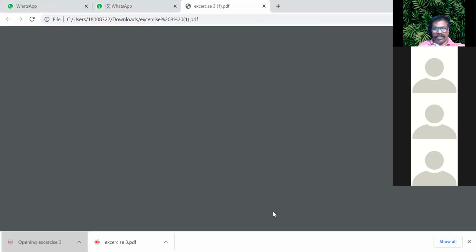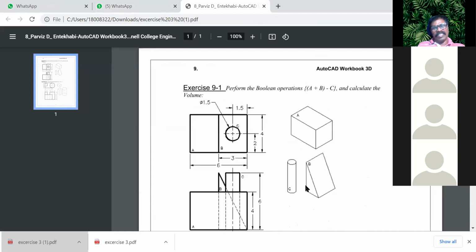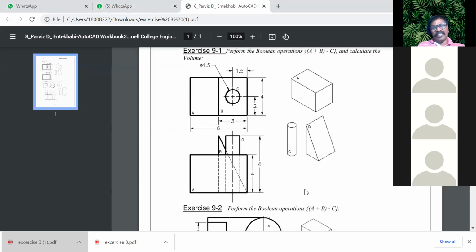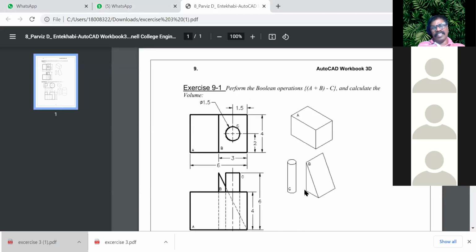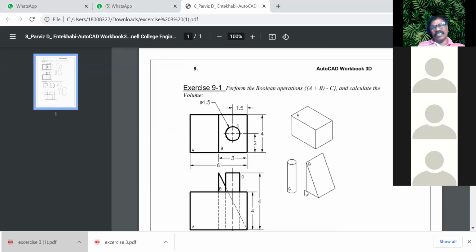Now, what are you seeing? Are you seeing the picture? The second PDF, exercise 9.1, is it? Yes, sir. Okay.